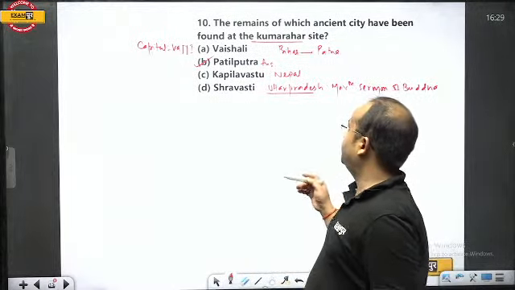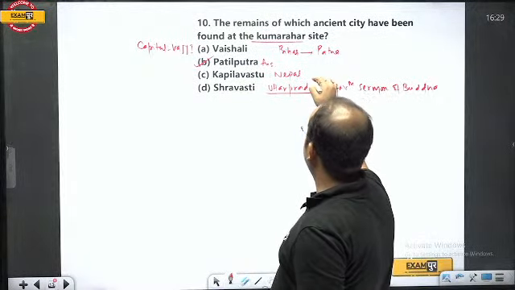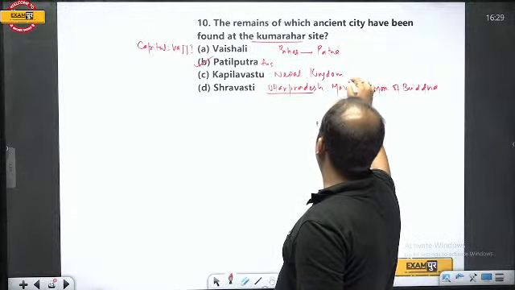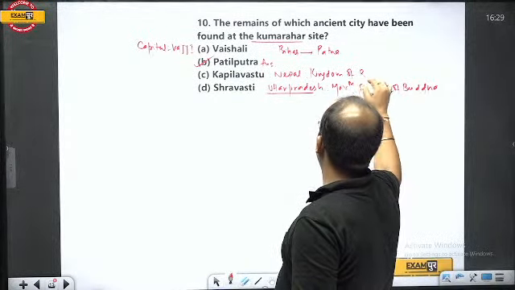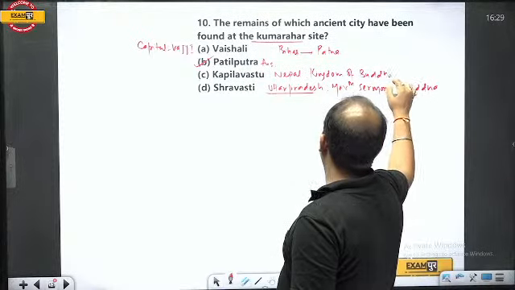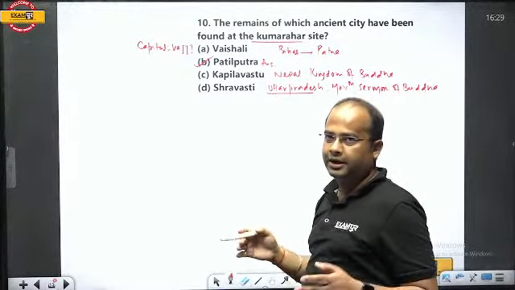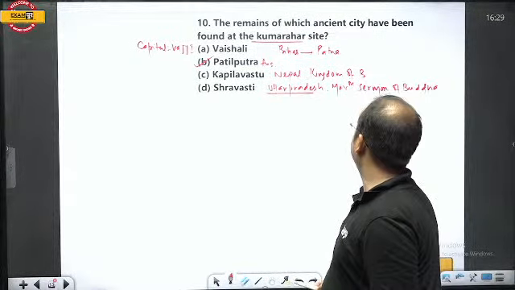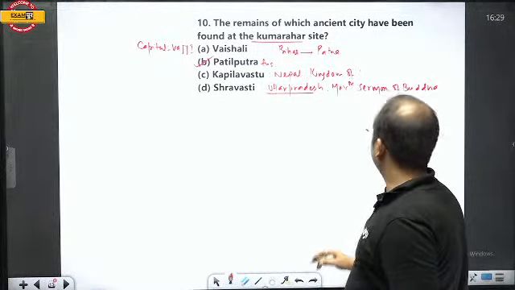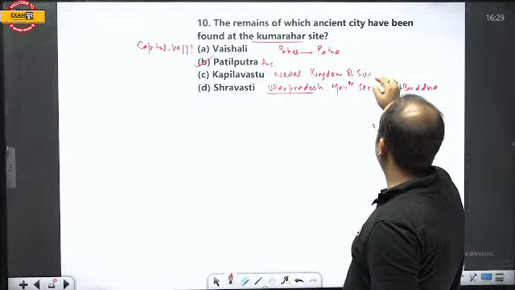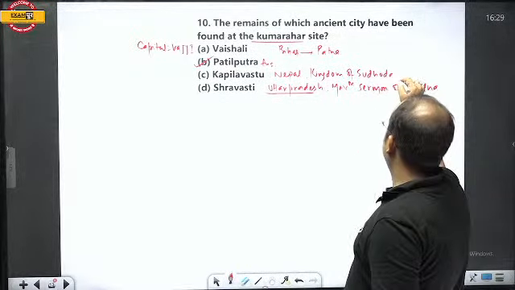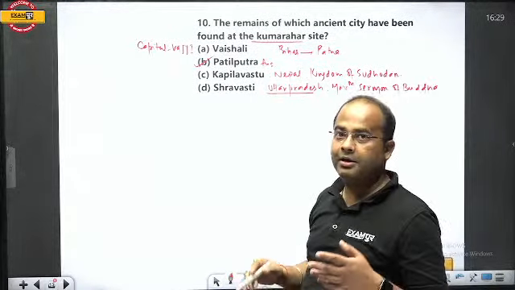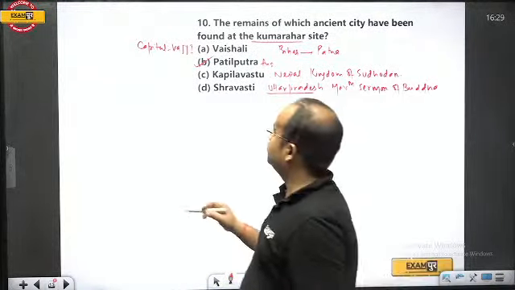And Kapilvastu is the place in Nepal. It was the kingdom of Buddha. Although Buddha never became king, it was like the kingdom of his father. So it was better to write the kingdom of Shuddhodhan. And Shuddhodhan was the father of Gautam Buddha. So it is said that the birthplace is Lumbini. So birthplace.